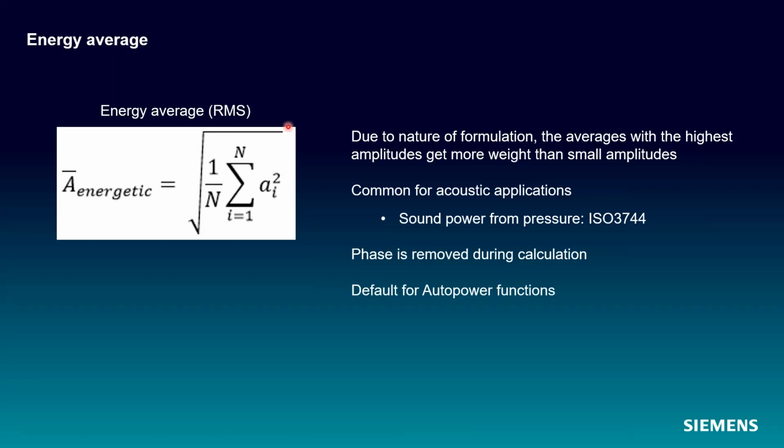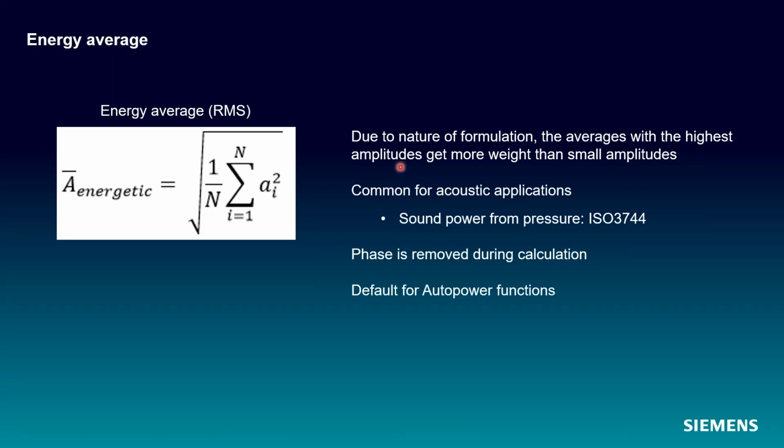So when you do an RMS calculation, say for that overall level versus time, this is what you're doing in Test Lab. And as a function of the way this is formulated, because I'm squaring all of the values before I sum them up, the largest amplitudes are going to get more weight than small amplitudes, right? Big numbers, when they're squared, get even bigger than small numbers when they're squared. And so they take up a proportionally bigger section or weight of the average.